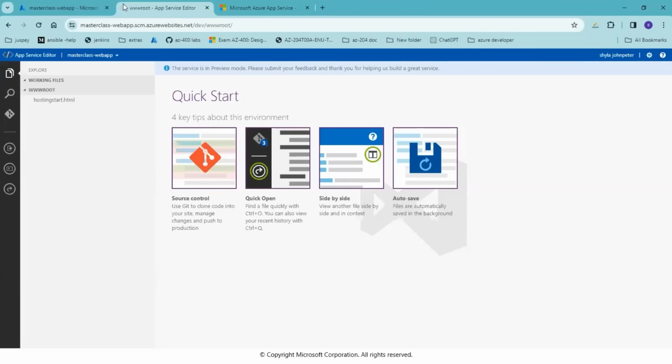App service editor. So as a developer, you can just open these links, use these file explorer extensions and everything. You can also associate it with Git as well. And then you can just modify content here itself.